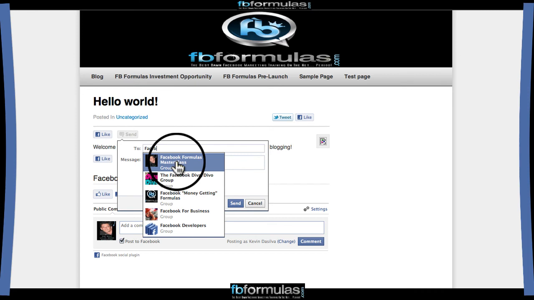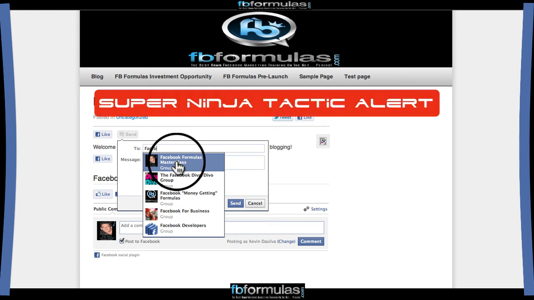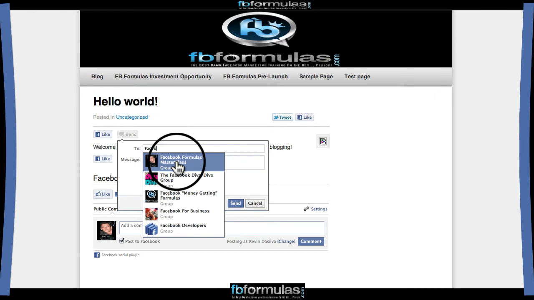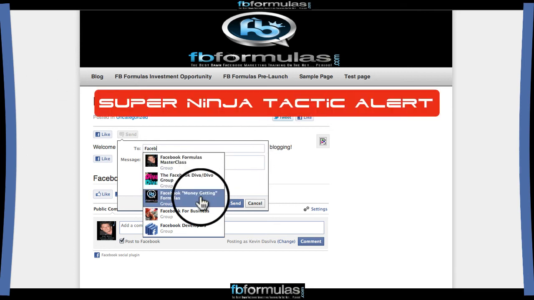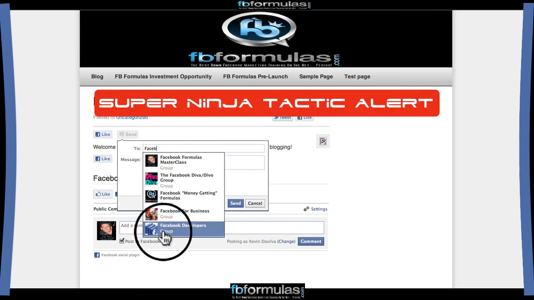Okay, and you can have groups. Now, it also can be posted to old style groups, and it can even be posted to groups that you don't own, that you're just a part of. Now, do you want to do that? You know, that's completely up to you. But if they allow it, you can. Okay, especially the new style groups.